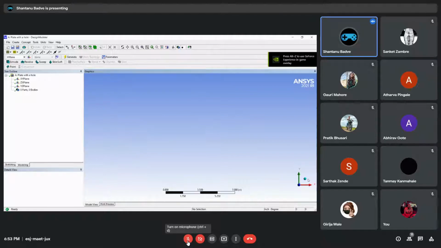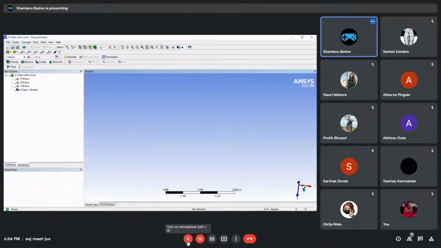Now, why am I doing this over here? Because we are trying to look at the plane in which we are trying to draw. If you click on the Z axis, you will be looking at the x and y plane. If you click on the x axis, you will be looking at the yz plane. And if you click on the y axis, then you will be looking at the x and z plane. So we will just click on the, wait a minute.